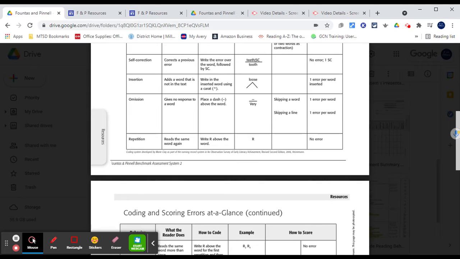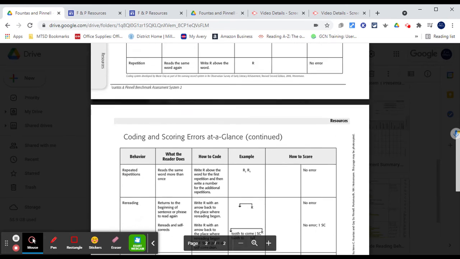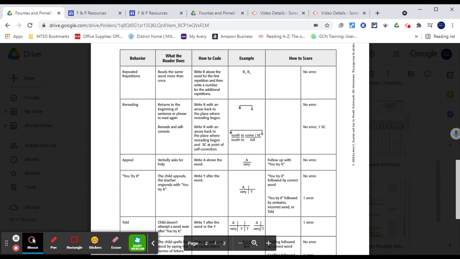If the student does some repeating, that is not an error. So you can just write an R above what they repeated. If they do some rereading, that is not an error. But here you can see that